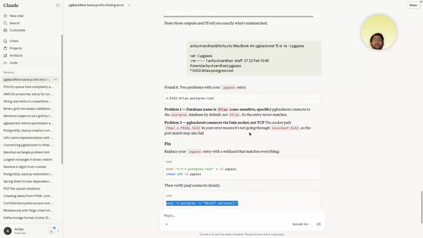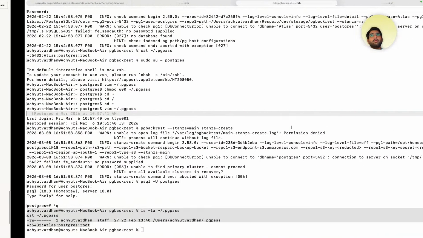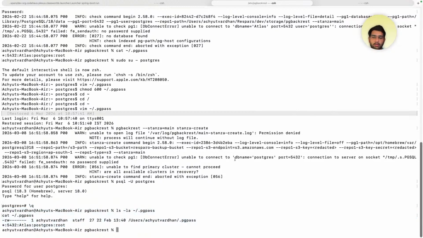भाई हमको पोस्टग्रेस से कनेक्ट क्यों करना है? हमको पोस्टग्रेस से कनेक्ट ही नहीं करना है नी।